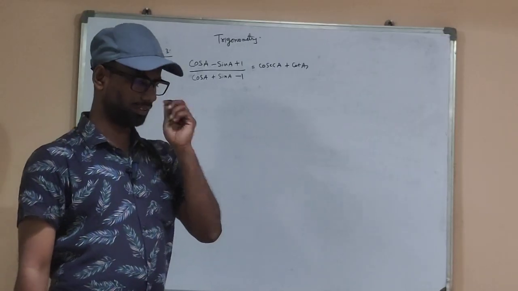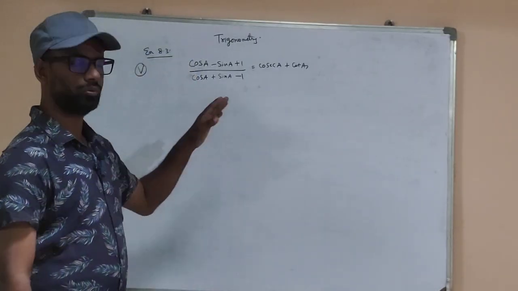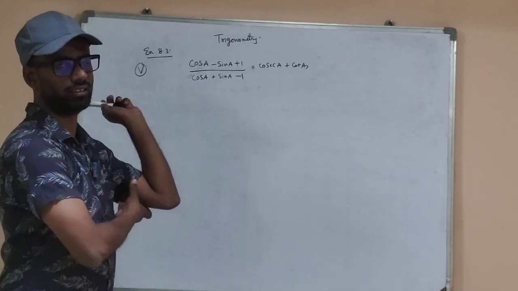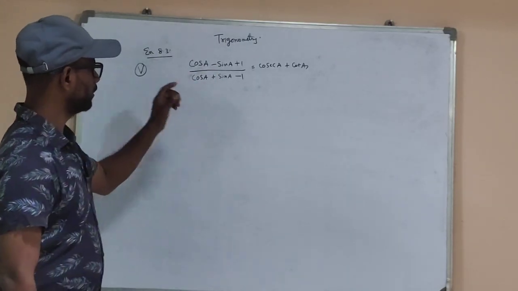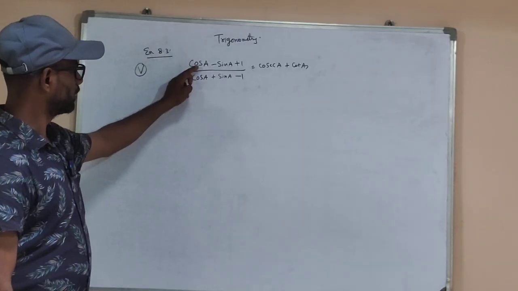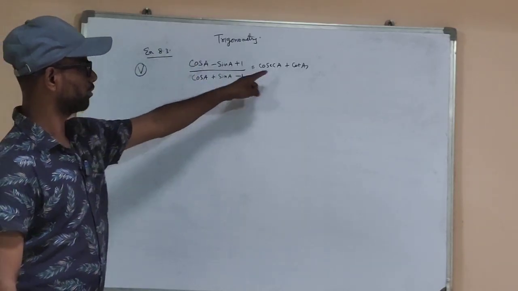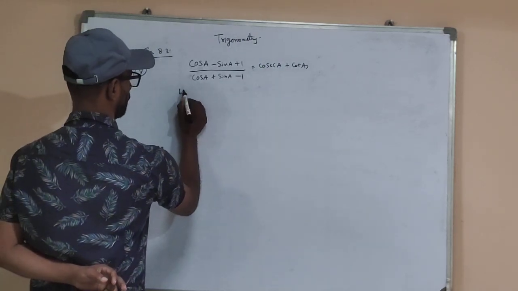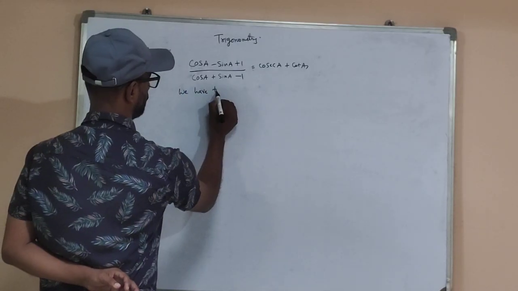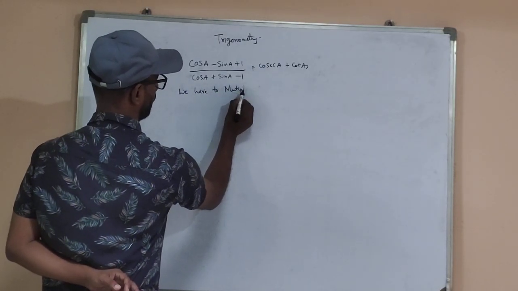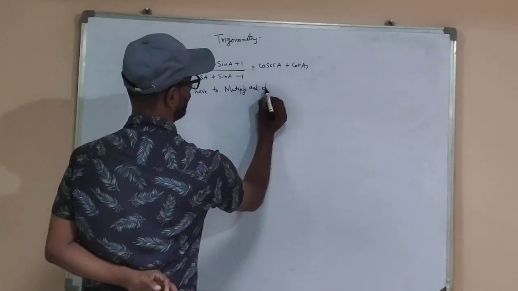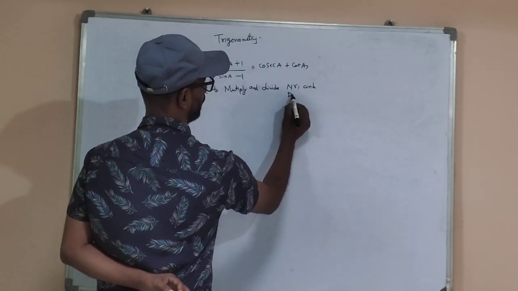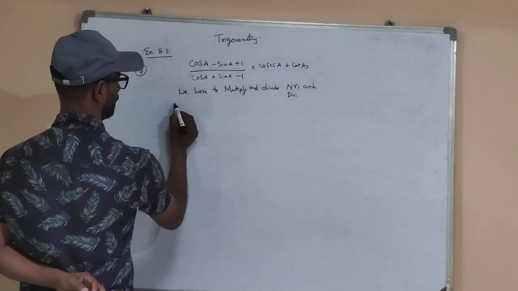We have to multiply and divide the numerator and denominator, each term, with sin A. So why? Because if we multiply this one with sin, the first term cos by sin will become cot. So here in the RHS we have cot. So that's why first we have to multiply and divide numerator and denominator each term